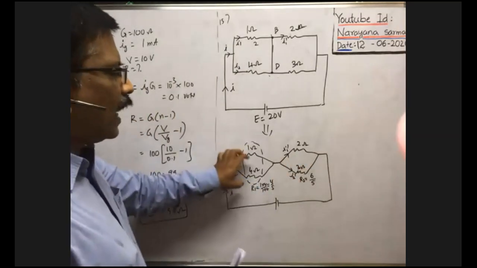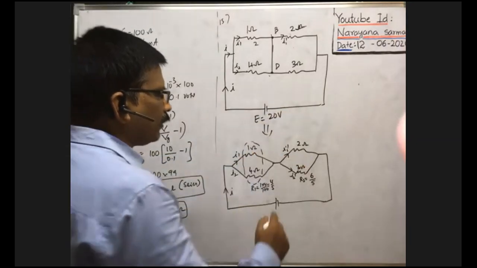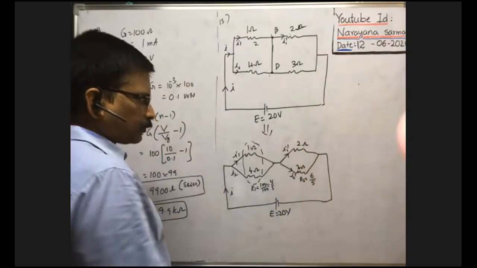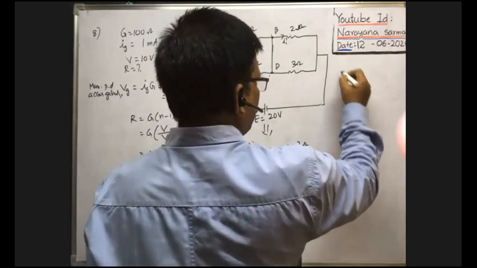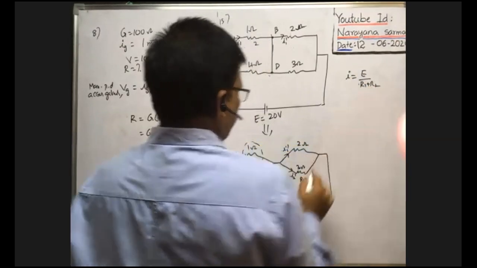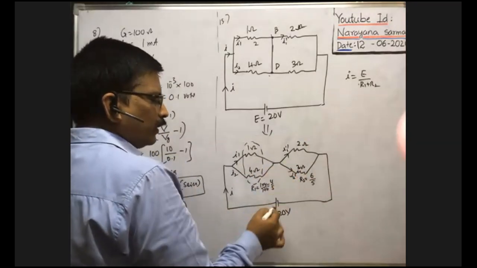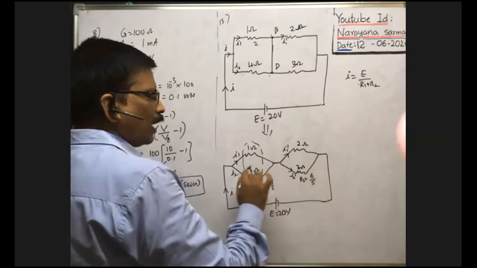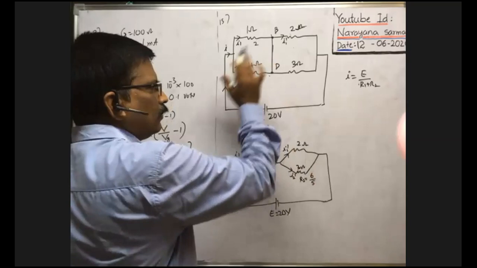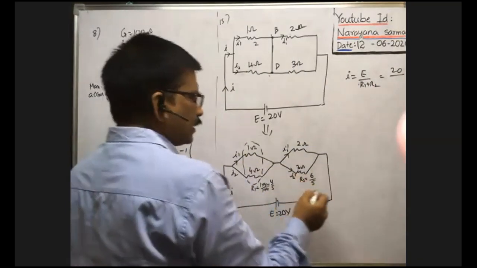Now these R1 and R2 both are in series across the cell having EMF 20 volt. Then what is the net current passing? Net current I is equal to total EMF by total resistance R1 plus R2, because in this combination there are two resistances in series in this circuit. Now E means 20 by R1 plus R2, which means 4 by 5 plus 6 by 5.